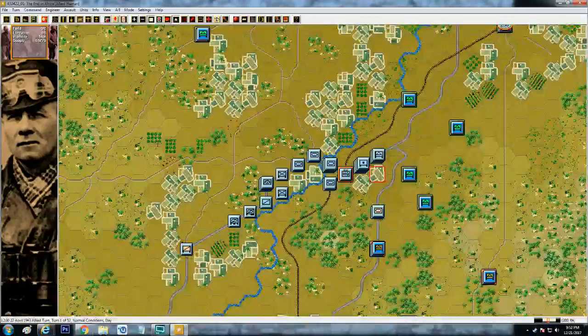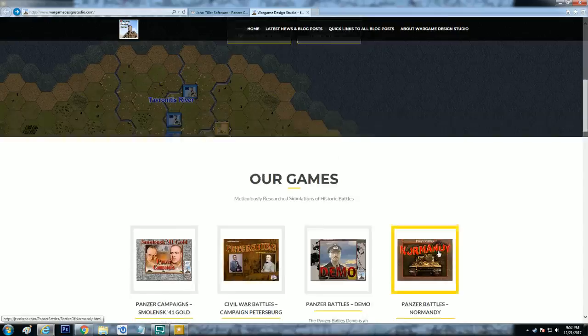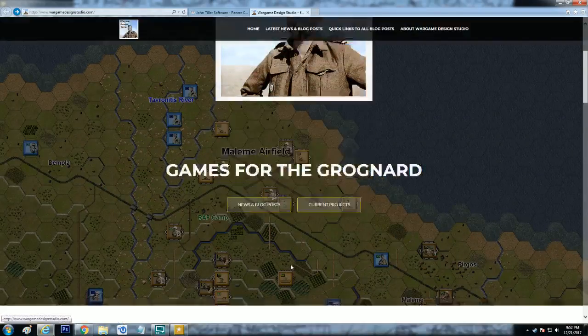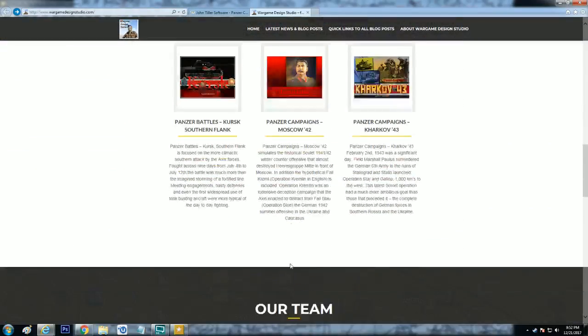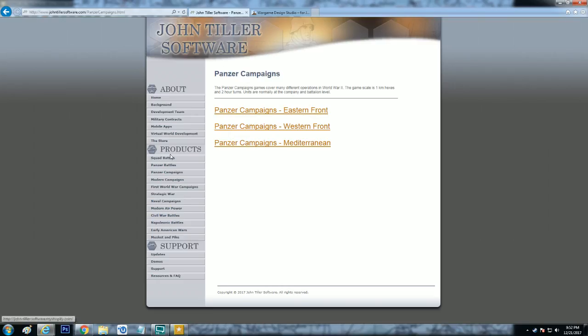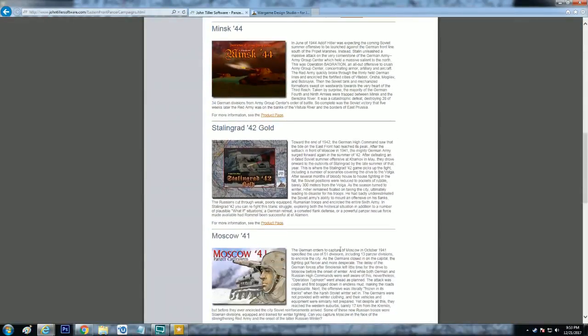The gaming system and everything has been old. And as we mentioned in the beginning of this, one of the huge undertakings that Wargame Design Studio is doing, besides creating the new Panzer Battles 3 game, which hopefully will come out soon, is updating all of the old Panzer Campaign games into what they're calling the Gold Edition. So let's take a look at one of these Gold Editions, and basically look at